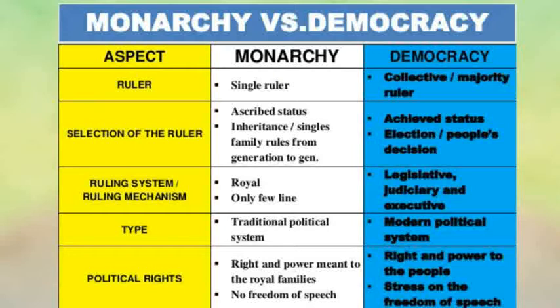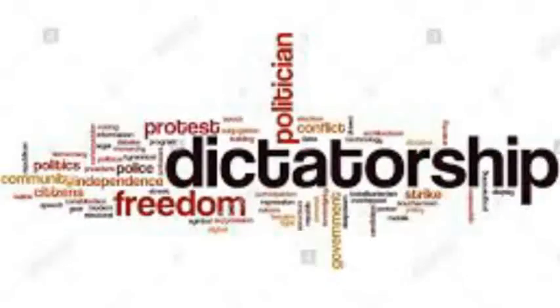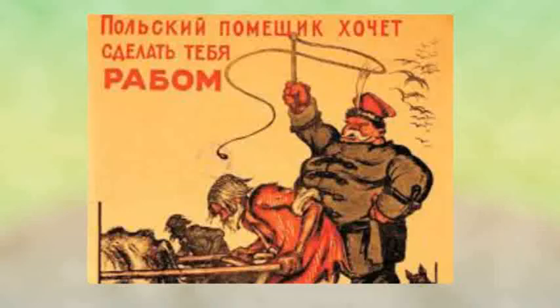Okay guys, I think now you had understood very well the monarchy government system and the democracy government system. Let's we move forward to understand a different government system, that is a dictatorship. If we will talk in detail, a dictatorship is a form of government that is characterized by a single leader or group of leaders. In dictatorship, most of the dictators gain power either through a military takeover or by seizing leadership from an existing ruler.